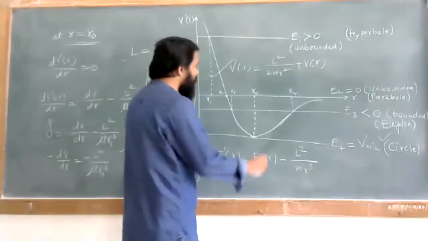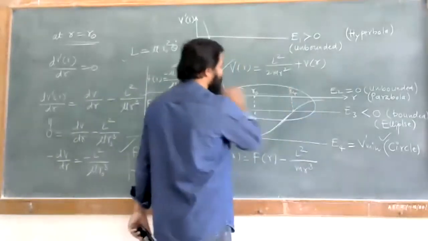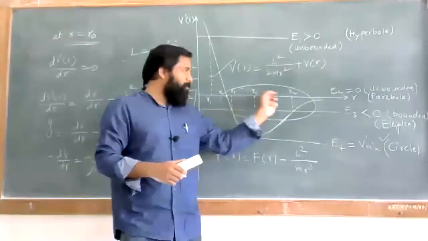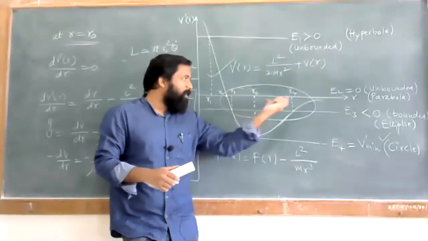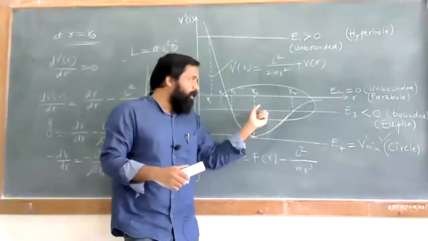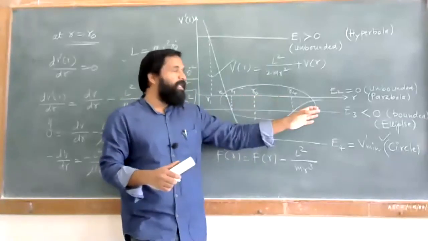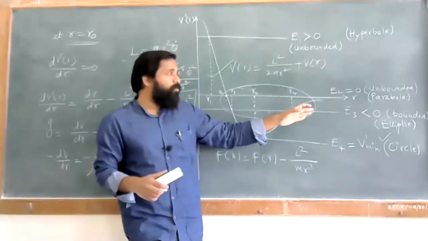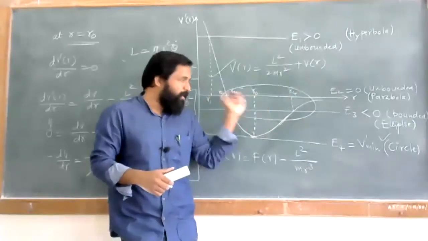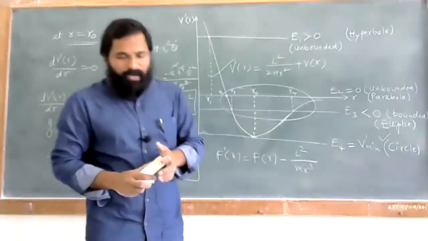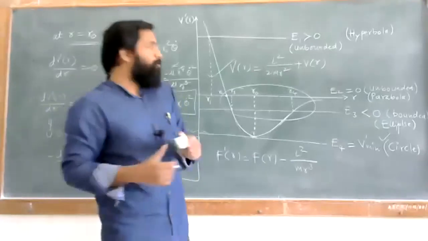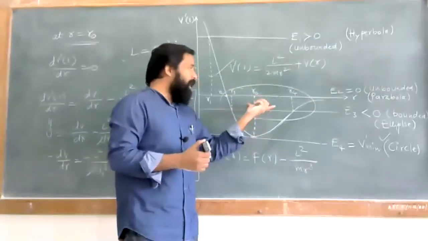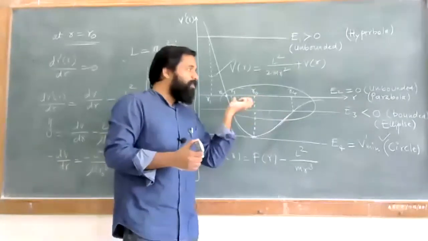What is important for us? Only this much is important. Whatever region this is, in this region your kinetic energy is positive between r3 and r4. Beyond this, outside this, the kinetic energy becomes negative. So you can have that point. The kinetic energy expression we had seen, 1 half m r dot square is equal to E minus V dash of r. So depending upon that we can have that point, that is r3 and r4, that represents a